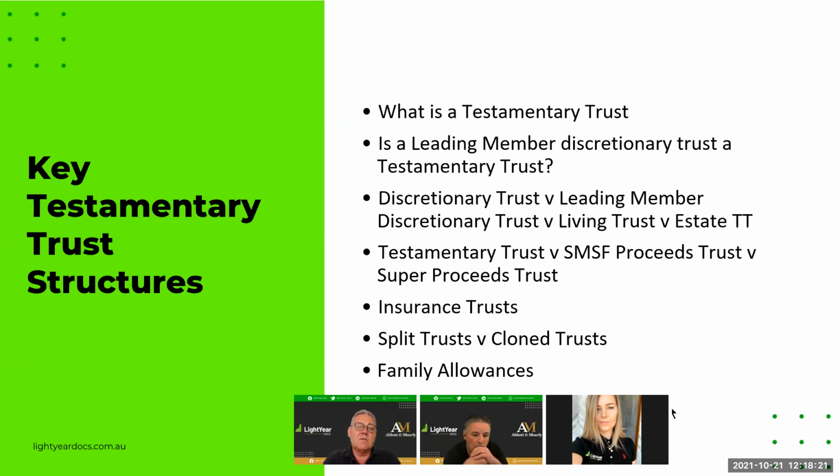So the discretionary trust versus the leading member discretionary trust, the main difference there is, and I think this is really important, and I must admit, I think I've had a bit of a brainwave around this, that in a discretionary trust, we typically have beneficiaries that we name within that trust. That includes, obviously, their children, not necessarily bloodline, it's just any child, a grandchild, relatives, and so forth. Now, the issue about that, and for those of you whose clients have gone through family law cases or on death, we're getting at least 3 or 4 questions a week: